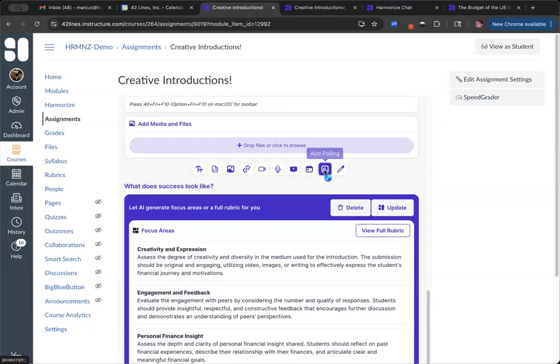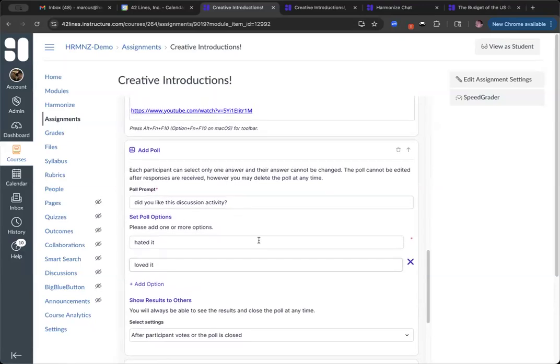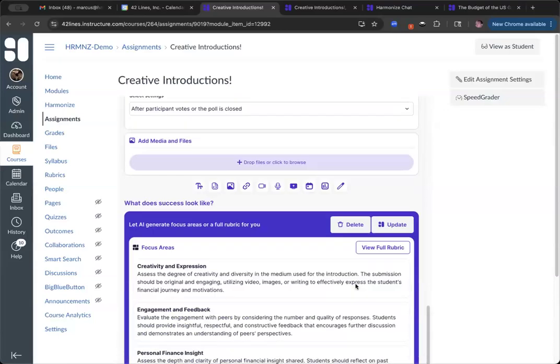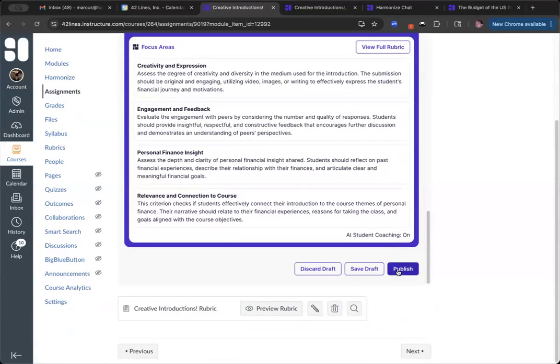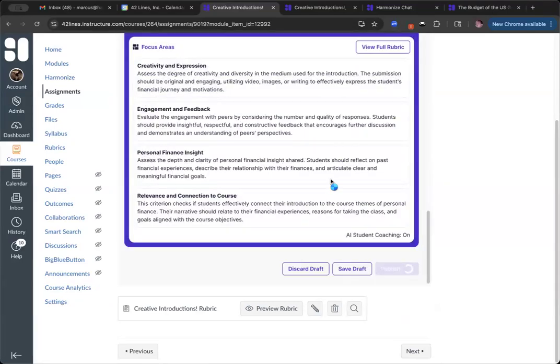an add poll feature. So I can click add poll here, and now I can be like, did you like this discussion activity? And then you can put in things like hated it, loved it, or whatever else you want. So now I am tacking on this poll question straight to my instructions that I had published for my students to do. So if I publish this change now, I